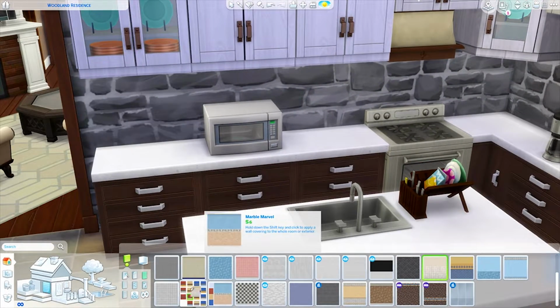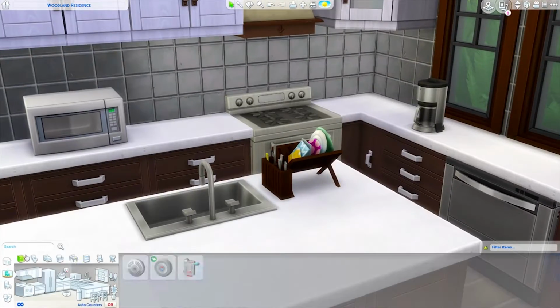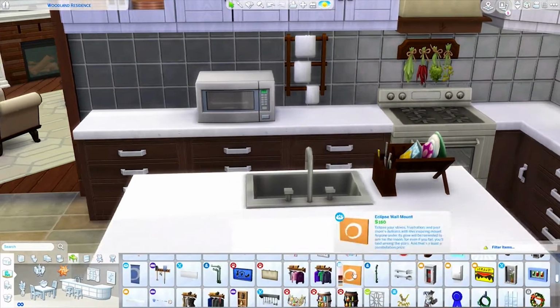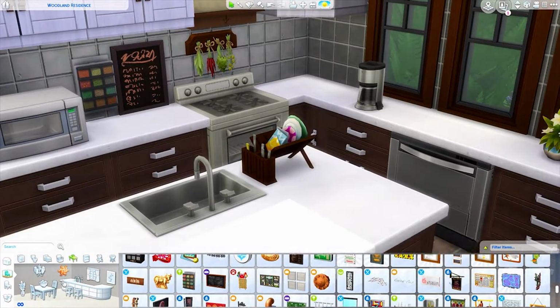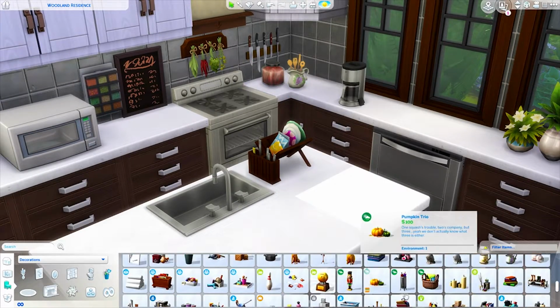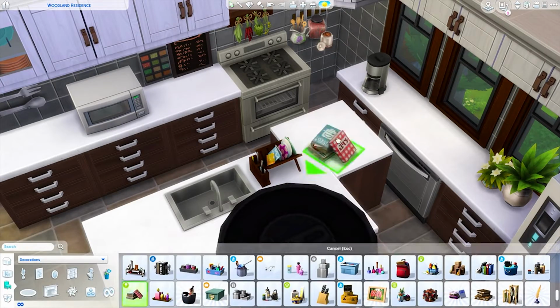But anyway, we also end up swapping out the backsplash in here a bunch of different times. I think we ended up going with this one, but I feel like we changed it so many times that I'm not entirely sure. I cut out a ton of footage in this, so there might be some things I don't entirely remember. But we're just adding a bunch of clutter in here right now,